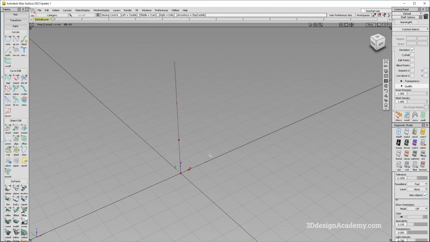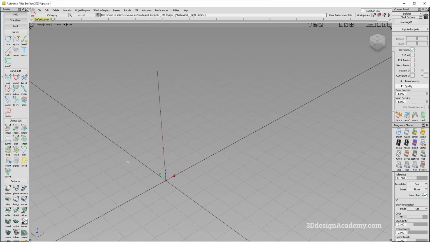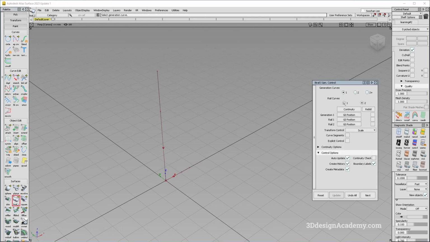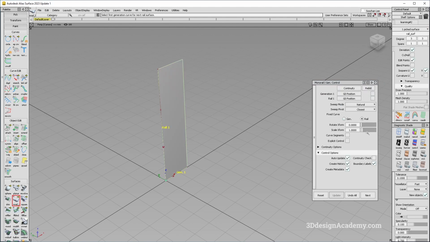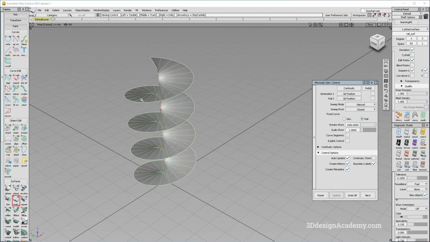But when you have a set of two curves, a setup like this, all you have to do is just click on bi-rail over here. I'm just going to change to rail, and you can click this as a gen and this as a rail. Now, of course, this doesn't really look like much, but all you have to do is just rotate X1 over here. Now you can do a random number, so let's say, I don't know, 1500, and it's going to create a